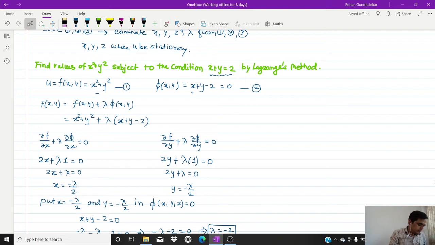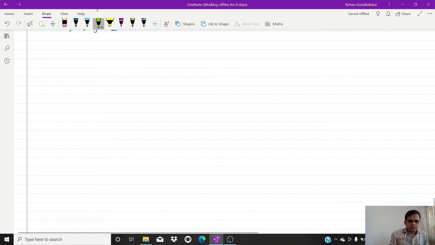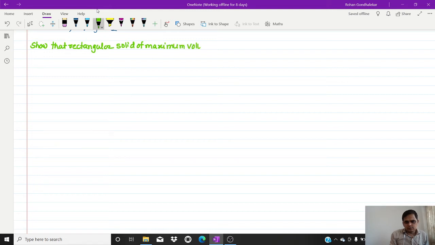Yeah, write down the equation, means write down the function first. So the question is, show that a rectangular solid of maximum volume that can be inscribed in a sphere